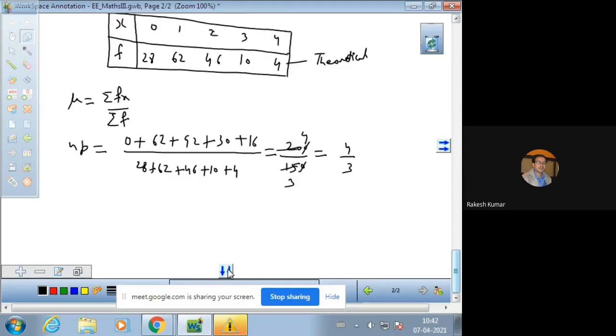So from this you will be able to find out the value. Therefore p comes out to be 4 over 3n. And now what is n? N is 4 here because it is taken up to 4 values. So you can substitute the value of n here, and you will get 1 by 3. So p comes out to be 1 by 3, and we can calculate